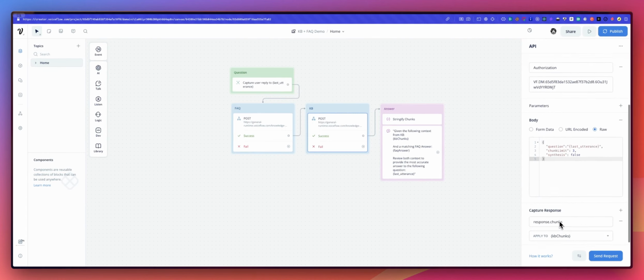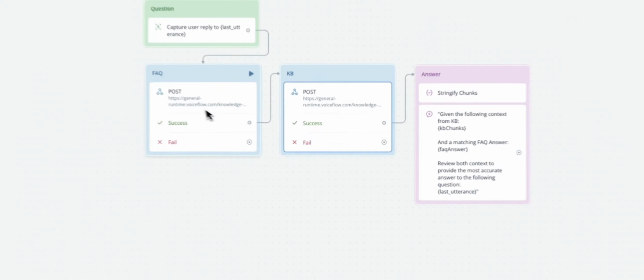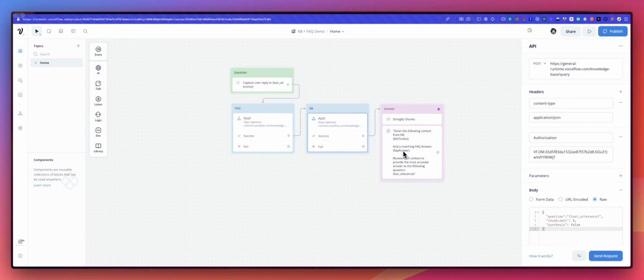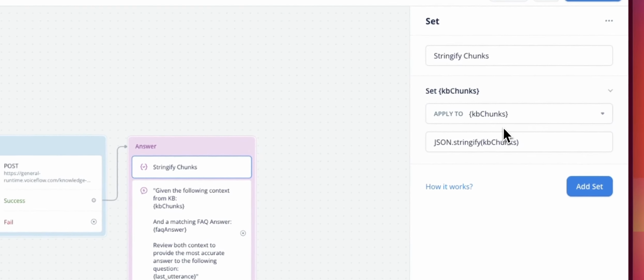And now this time I'm going to use the chunks. So here I'm capturing from the response the chunks. Here I'm capturing from the response the output, so the FAQ answer. What I'm going to do next is stringify those KB chunks because that's an array or